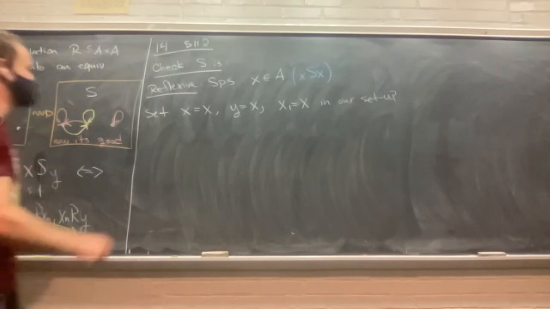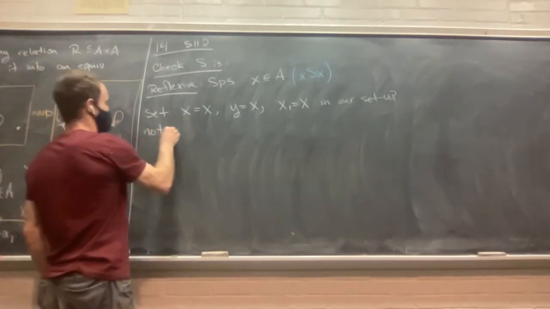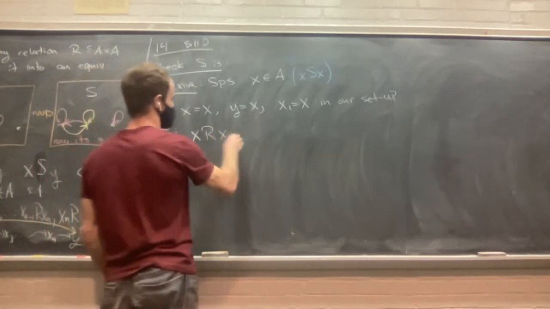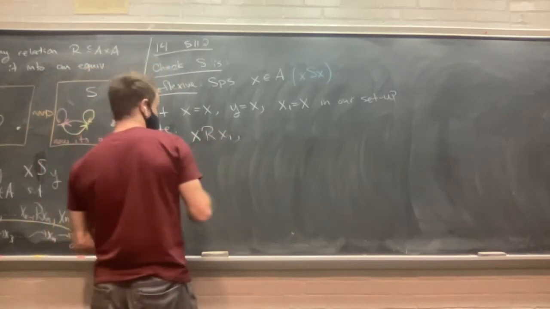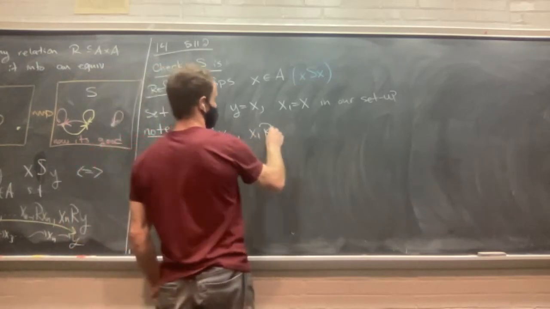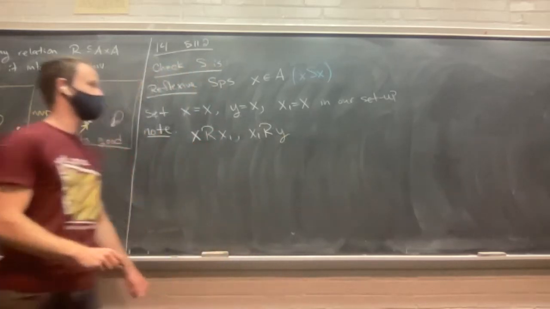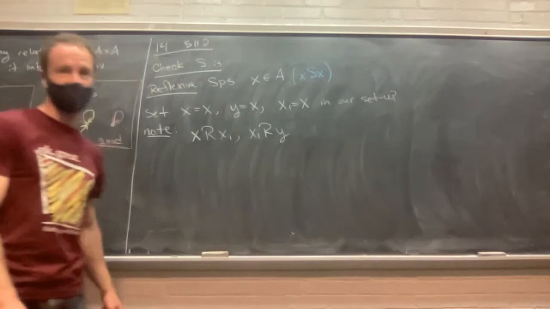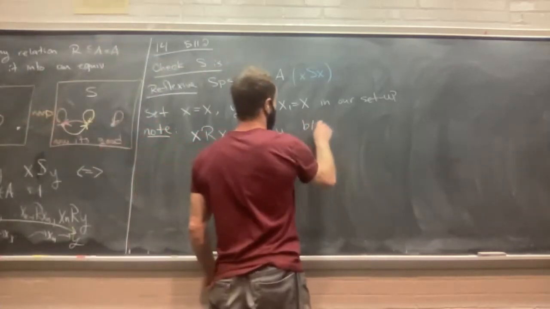Okay, and then let's notice that with this setup, we have X is related to X1 because X1 is just equal to X. We have X1 is related to Y, right? Because again, they're both just X, and that is because